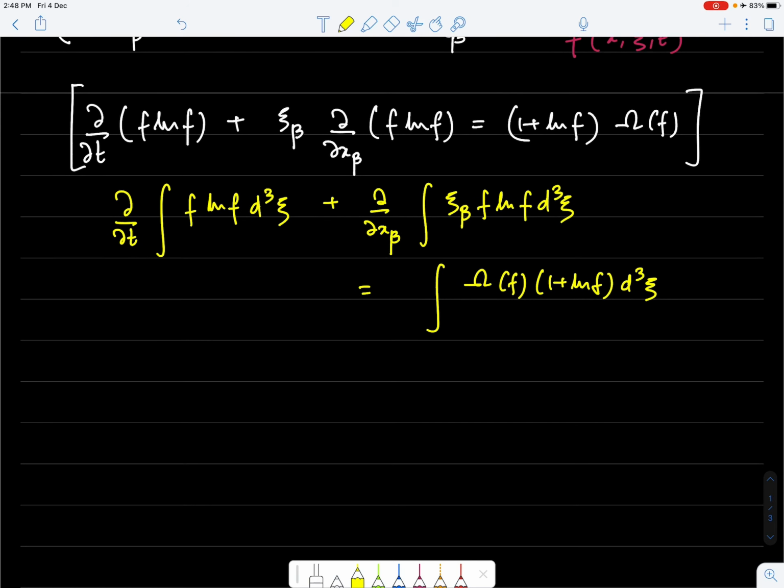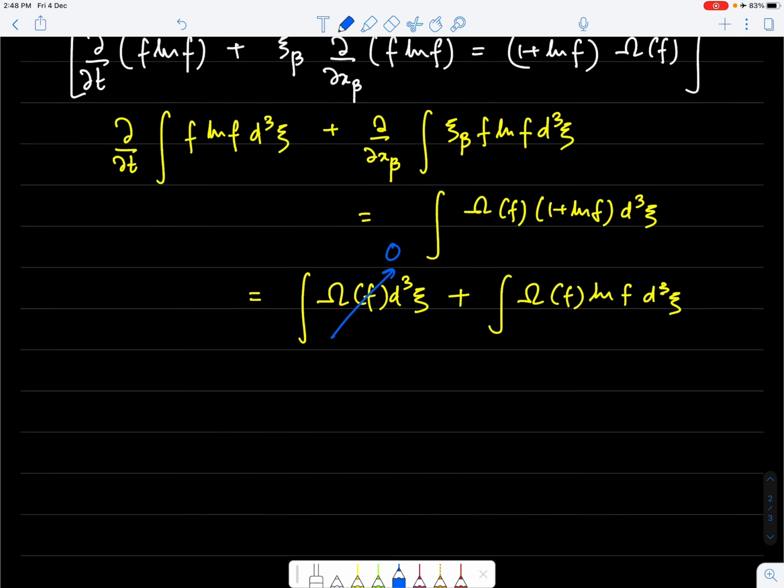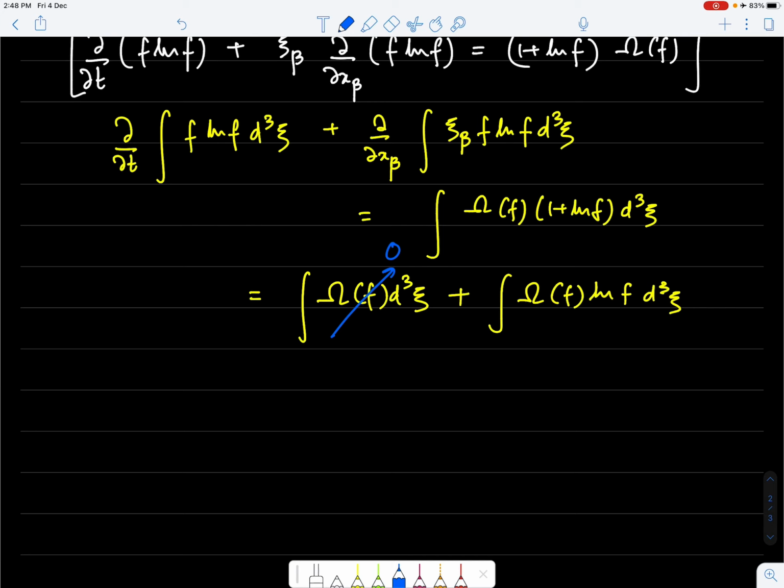we are writing f to be a function of x, xi, t. Now what I can also do is the right hand side I can break into integral omega f d3 xi plus integral omega f log f d3 xi, and now if you go back to the earlier lectures, you will notice that this integral is actually 0. So this term drops out, and now if I look on the left hand side, what do I have? I have this to be function h, so we'll have dh by dt plus, if you now look at the other function,